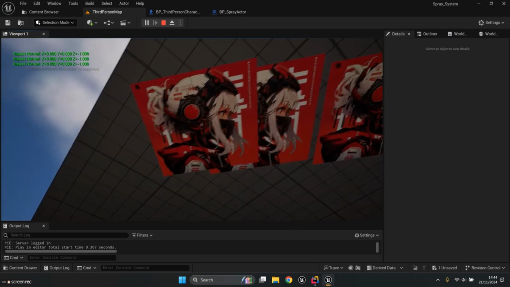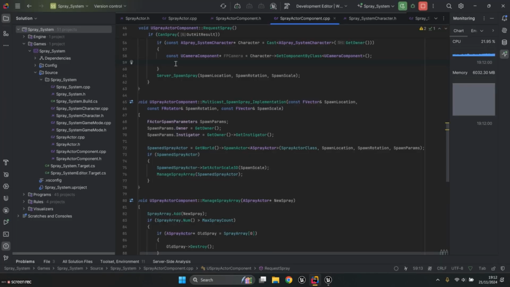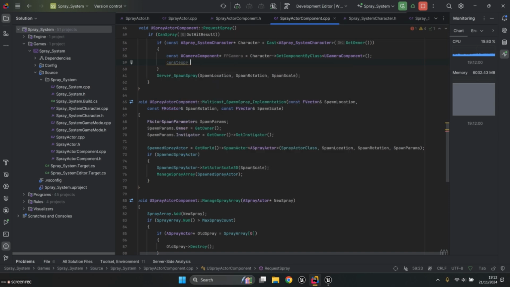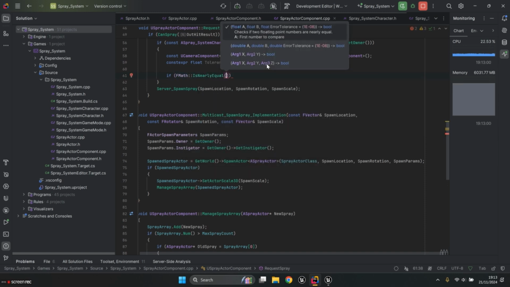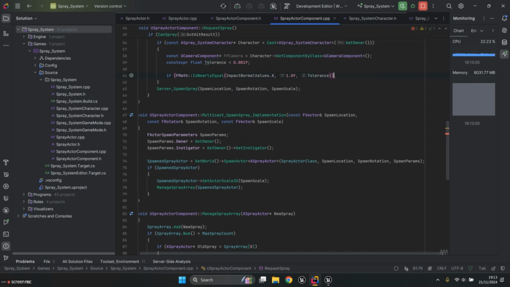Yeah, you can see it's -1. So let's do that. Remove the logic of the spawn rotation and the spawn scale we made before, and create the float tolerance 0.001, which is the error of margin. Then we will check if the impact normal value is 1 with the tolerance of 0.001,